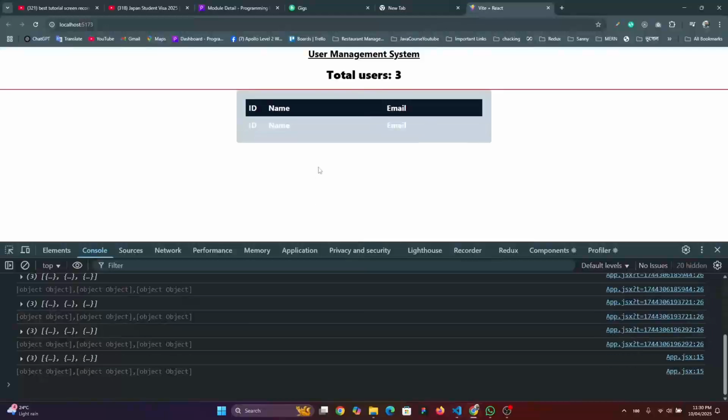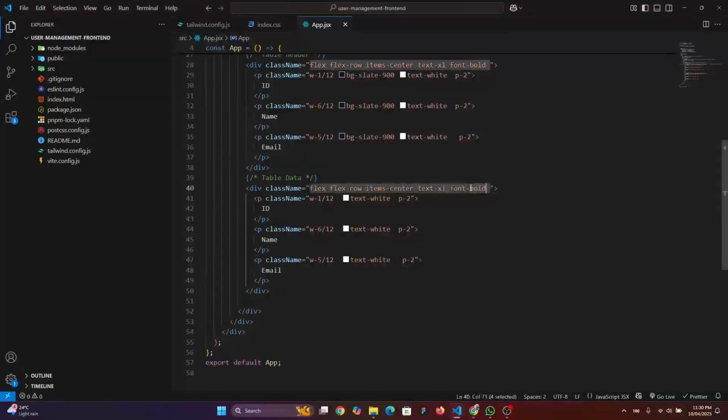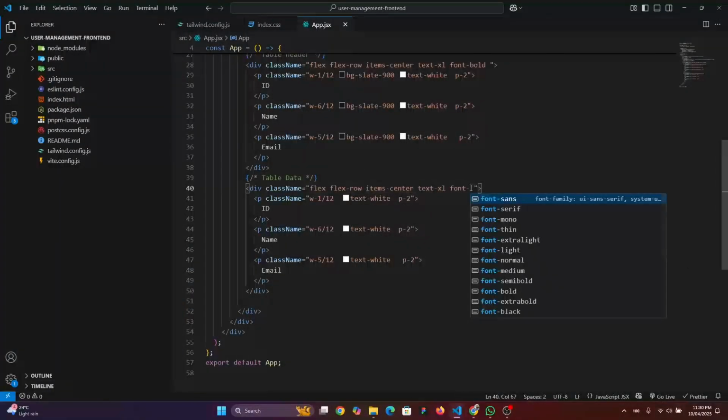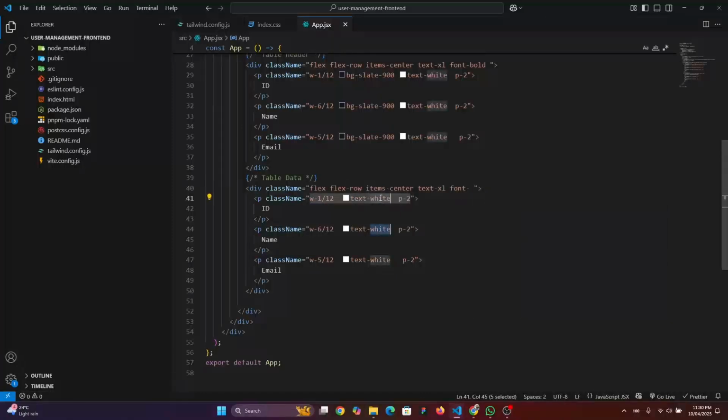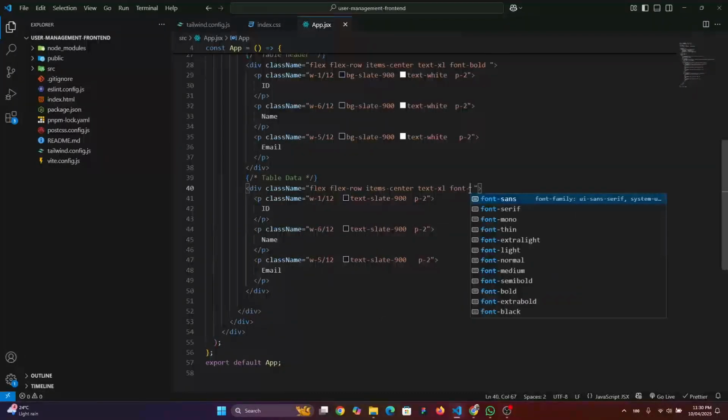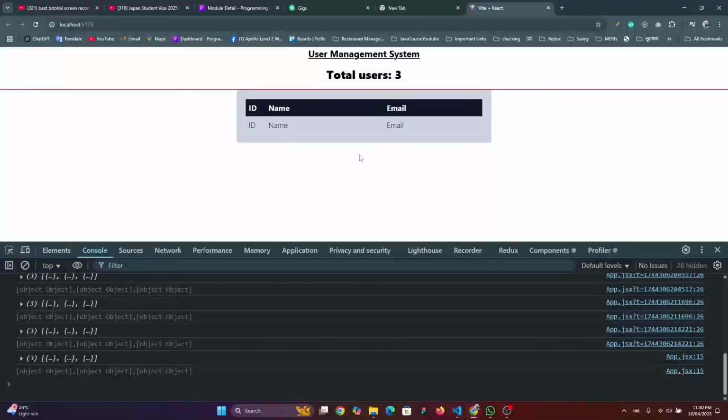Okay. And don't need this the light, and this color will be slate 900. Font will be light. Yeah, looks good, fine. And I need to do something